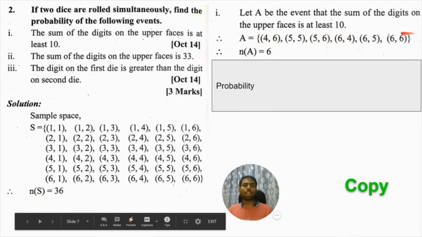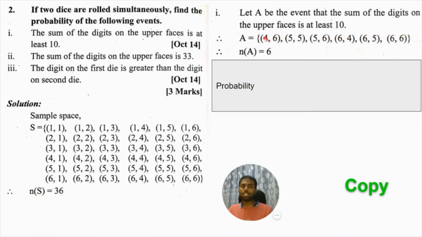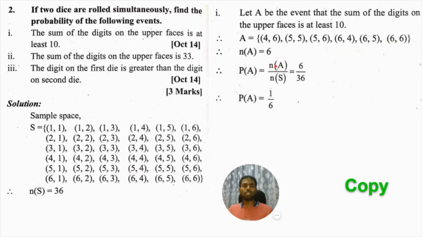Okay, so all these numbers have sum of the digits at least 10, so कितने numbers हो गए? 1 2 3 4 5 6 numbers है total। So number of elements in A are 6। Okay, the last step, use the formula for probability and substitute number of elements in A divided by number of elements in sample space। तो हो गया 6 divided by 36, which is 1/6। Okay, उसको थोड़ा reduce कर लिया, 6 1 6, 6 6 36, so उसको simplest form में convert करके लिखा है।